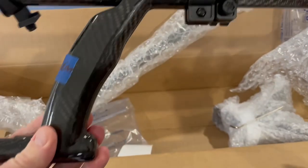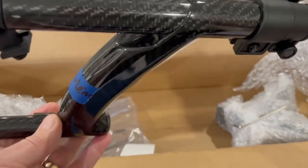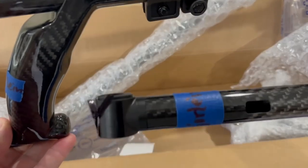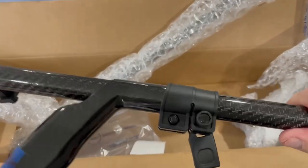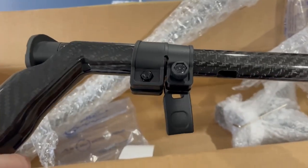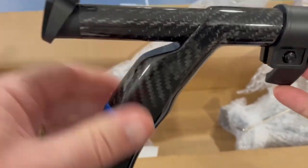So a couple of the things I did, I had the holes drilled in my shafts so that I can run the cable through. I think there's a hole there, and I think there's another hole on the middle shaft here. Yep, right there. So then I can run the cable up through the shaft when I do water hunting. That was the modification that I wanted, along with the